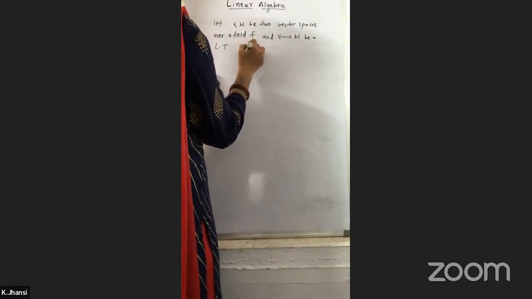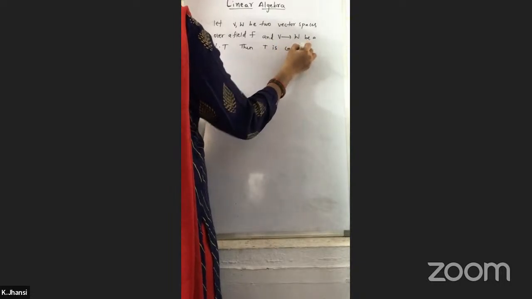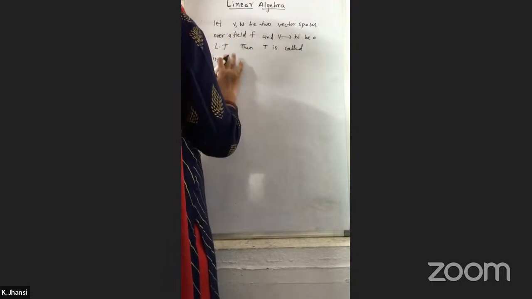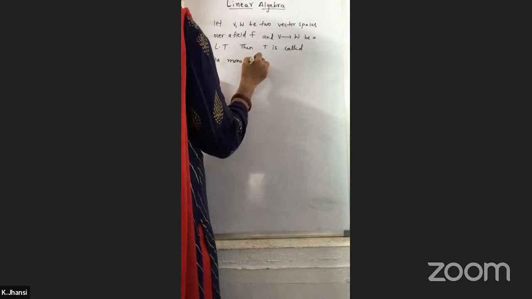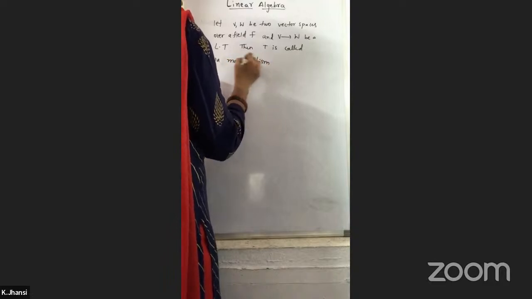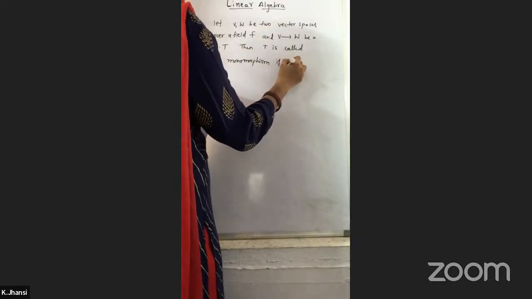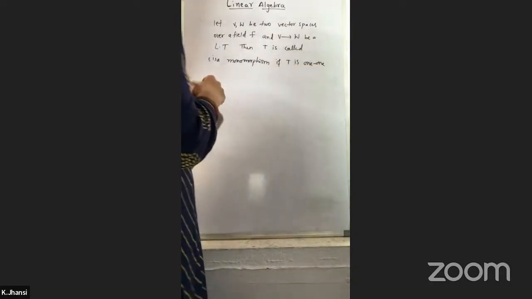Then T is called, first one, a monomorphism if T is one-one. Okay, if the mapping is a one-one mapping, then we call it